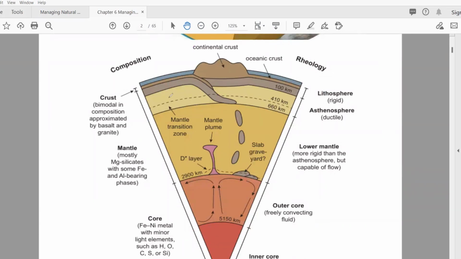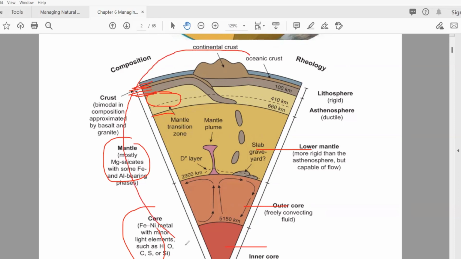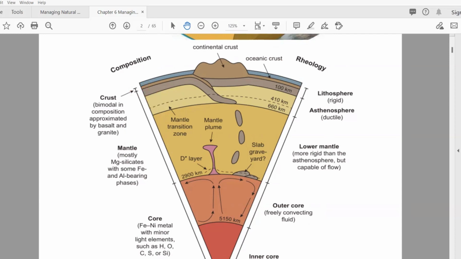For example, here you have the crust. Got it? Then down here you have the mantle. This is the mantle, this is the core, this is the inner core, this is the outer core, this is the lower mantle. So you have to keep this in your mind whenever you are going to describe this. So here, if you go back to the diagram,